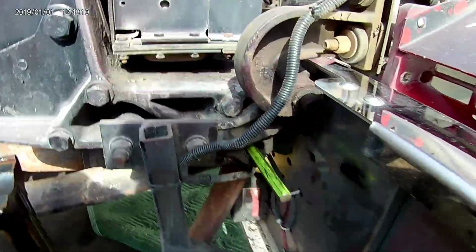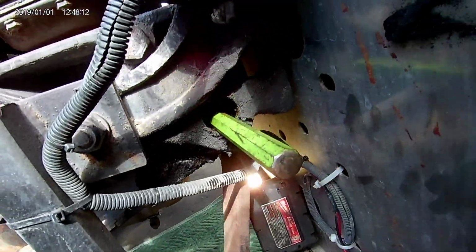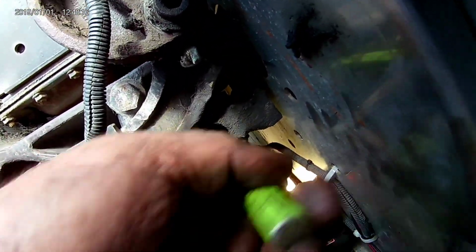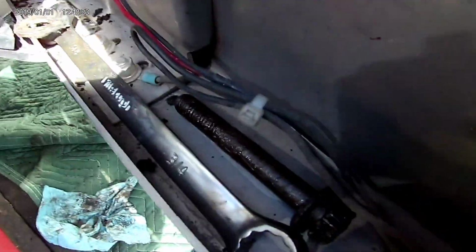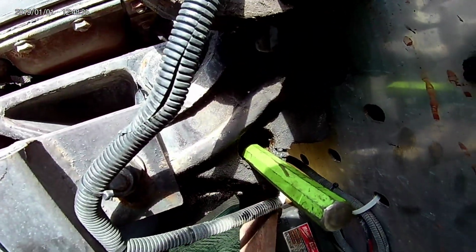So here's where I'm at. Got that front pin knocked out. Well, I can get that out, but anyway. You gotta move your jack around to get stuff in and out. It had bolts in it just like the other ones you gotta take out, and then